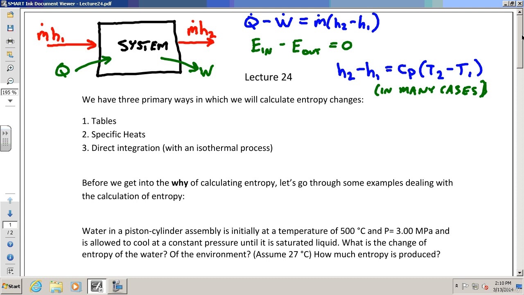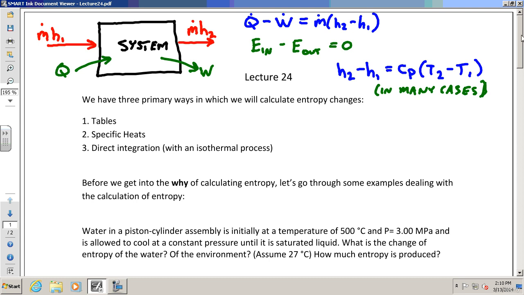When you have a phase change, if it goes from water to steam, isn't that different energy? Yeah, way different, right? So that's not accounted for in specific heats. Specific heats are only when you're in the same phase. All liquid, all gas, you're cool. Solids, you're good, okay? But we don't do it with a phase change. Other than that, use specific heats a lot. And in fact, whenever you have a liquid or a solid, pretty much all you got is specific heats. That's all you got. Unless you want to use the compressed liquid tables or assume that it's saturated liquid. There's a few little things you could do, but mainly you got specific heats.